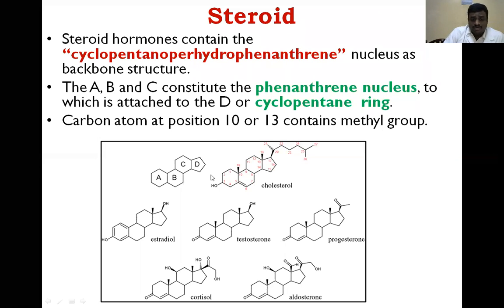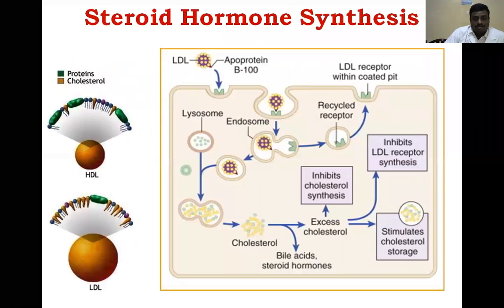You know very well what parts are present here. These are all different hormones produced from cholesterol, steroid hormones. Here you can see testosterone, progesterone, cortisol, aldosterone. These are all produced from the adrenal gland, and all from cholesterol. So cholesterol is the most important substance required for the synthesis of different steroid hormones in the adrenal gland. How are these steroid hormones produced from cholesterol?